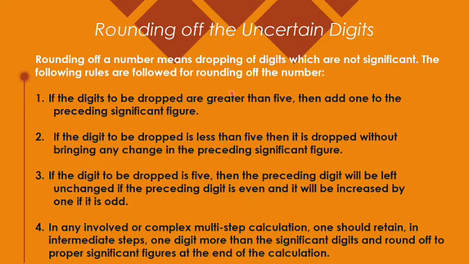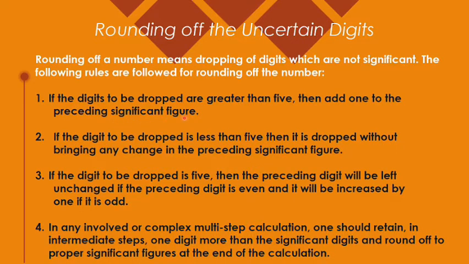Now there are rules for rounding off the uncertain digits, whether I am doing the experiment with vernier calipers or with a screw gauge. So the number of significant figures I can find, and I can drop digits after doing the calculations. The first point is, if the digit to be dropped is greater than 5, and you have been doing this rounding off from the very beginning whenever you do the maths,